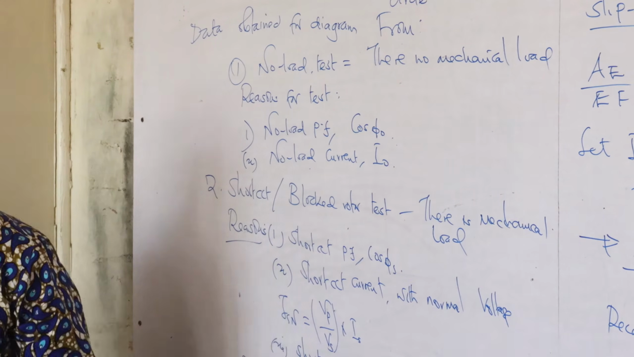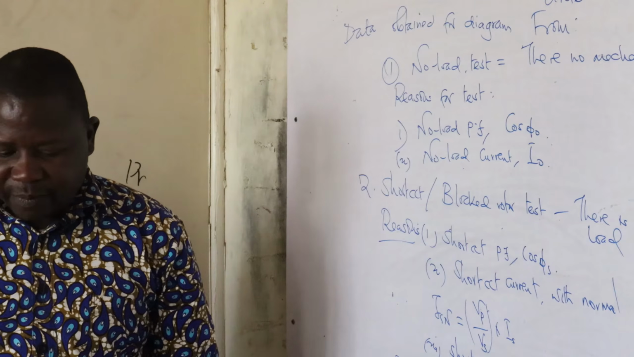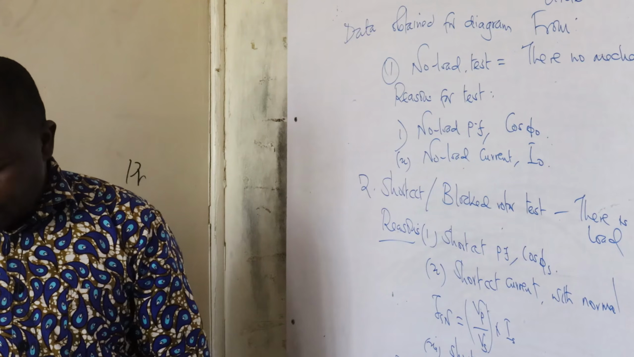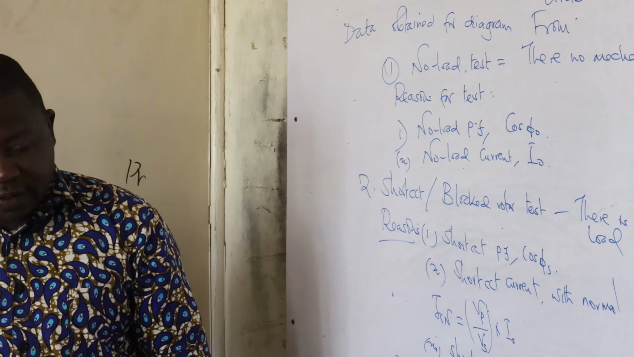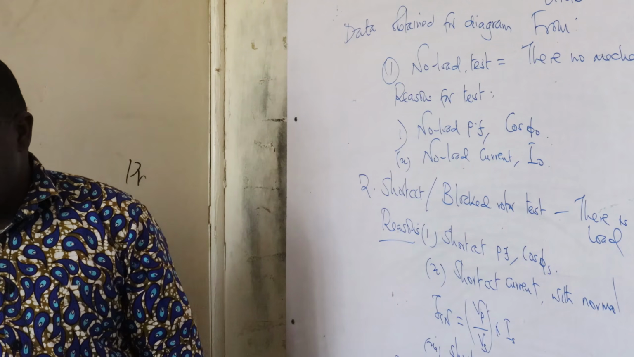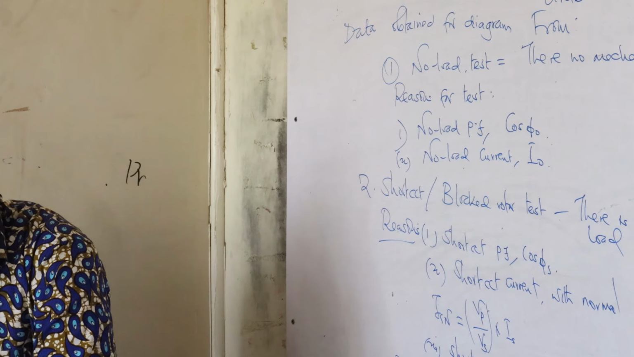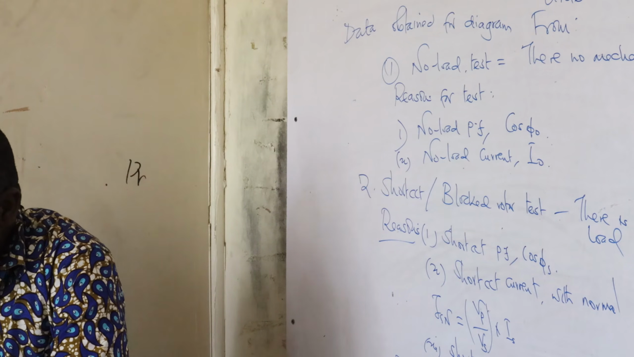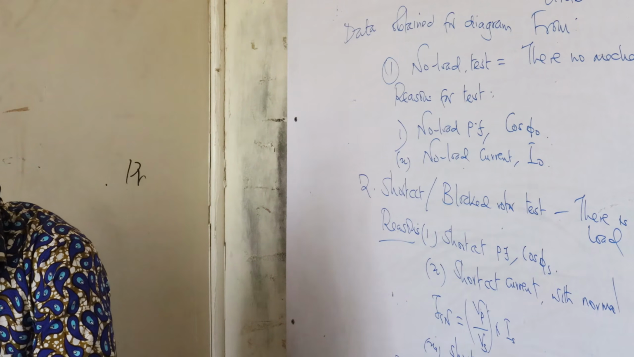Now, the rest are in the procedure when I have an example. So I want to start with a very basic example, without complications. That first example says, draw the circle diagram from the no-load and short circuit tests